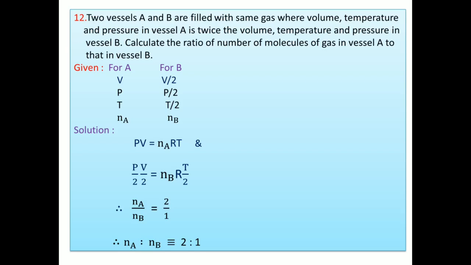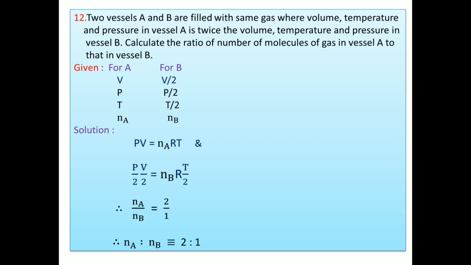Note that this problem is a type of case 1 and case 2 type. In physics you know that there are 3 or 4 types of problems: ratio, percentage, case 1 and case 2, formula substitution, and the other is a skill problem. Skill problem is difficult, but others are very simple. Here case 1 is vessel A, and case 2 is vessel B, means we assume any one case first. First we consider case 1.